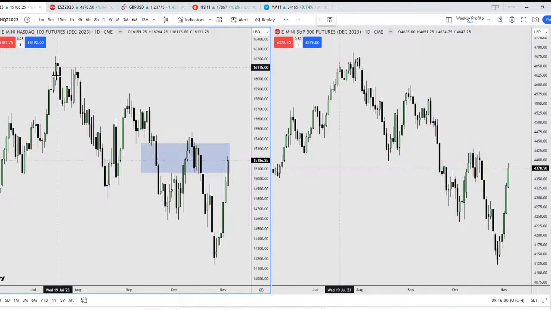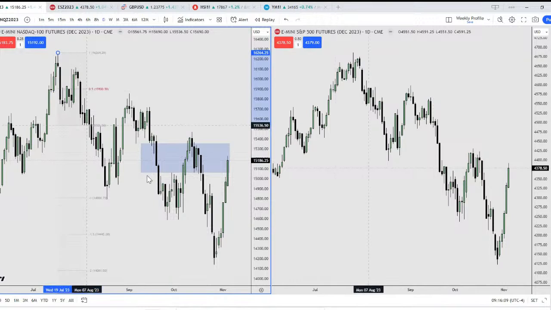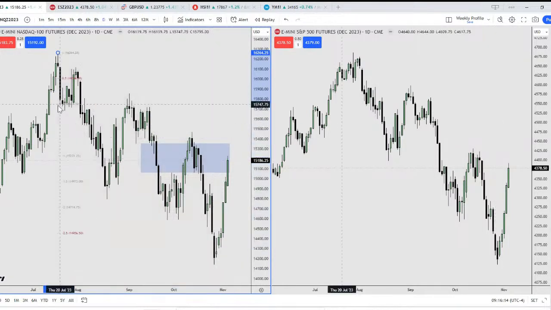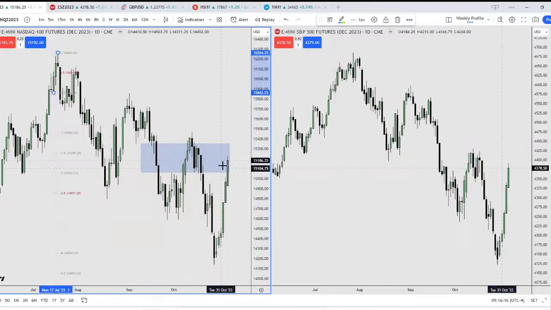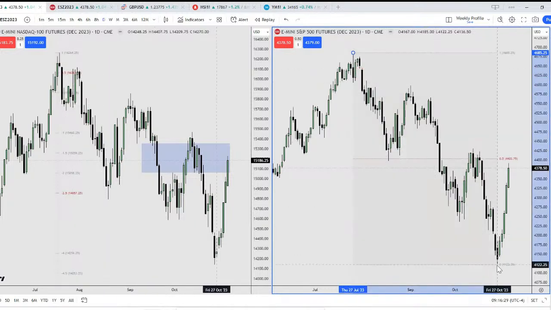Okay, so if you use the fib projections here, we have basically reached into the negative 4 standard deviation, right now trading back into 50% of the entire range right here. Okay, would it continue lower? It all depends, right? So we shall see. This is for NQ, and for ES, we have traded way beyond the -5 standard deviation, and right now I believe it's going for this high here above equilibrium.